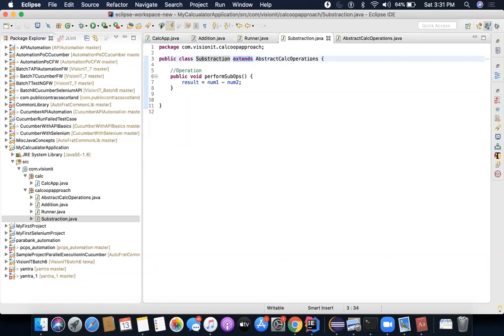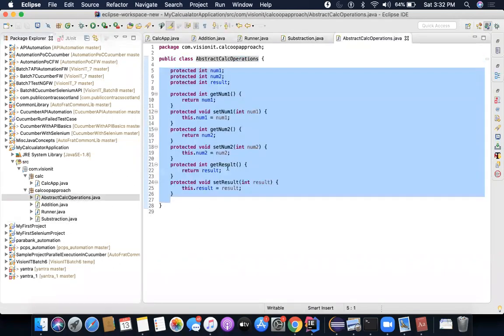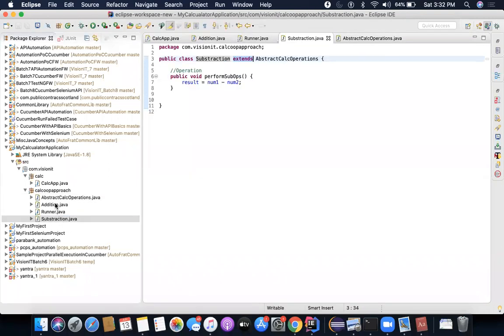And the same logic appears everywhere. It's not that this is a simple example, so it looks simple. Wherever you're doing something and you think something is actually common in multiple classes, remove it from there, place it in a common class and extend it. That's it. All right. So in this case, addition and subtraction actually belong to a class called operations. And inside operations, you need to have num1, num2, result and these methods which are common, and they can be reused in the subclasses subtraction and addition.